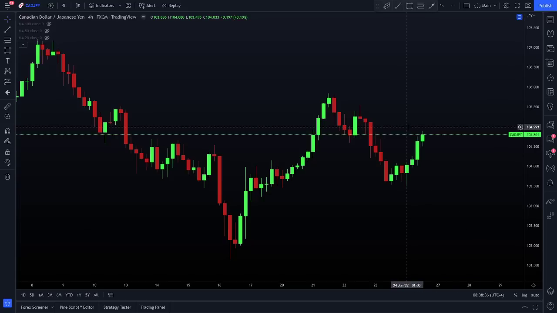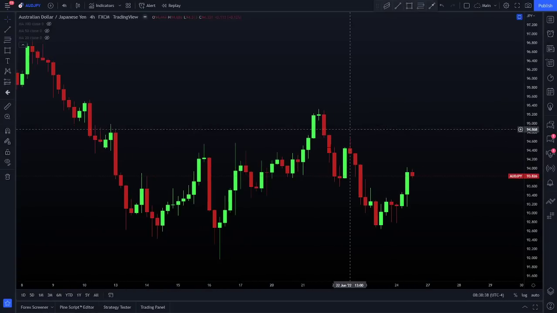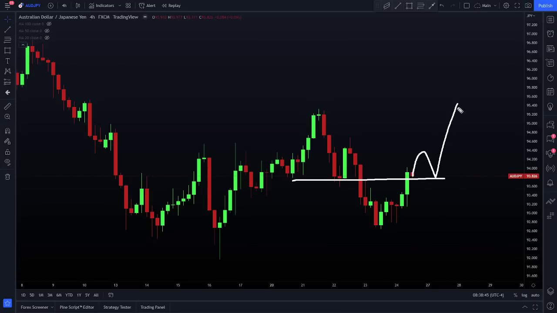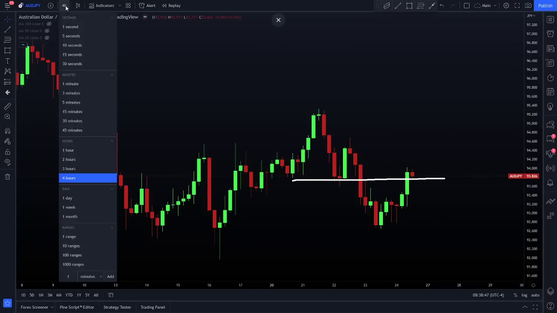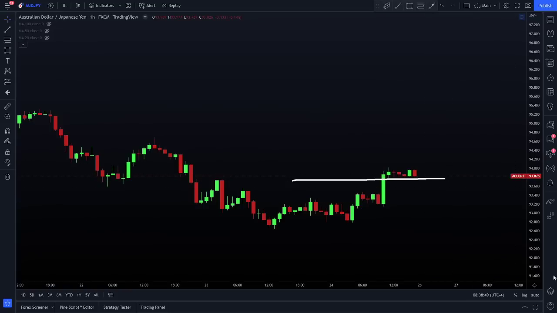Aussie Yen is another one we could take a look at. AUDJPY, see what's going on here. Nice little break. So for the Aussie Yen bulls, we've seen this area kind of be taken out. So perhaps breaks and retests could be in order. But looking at this one on the 1 hour chart,